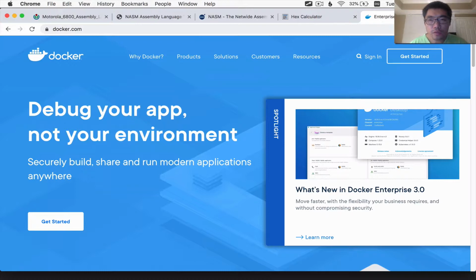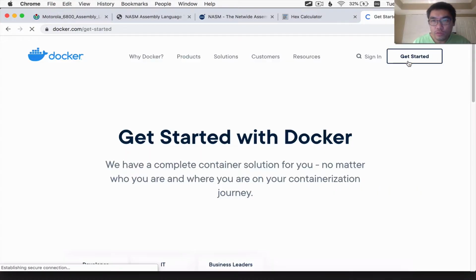Again, I'm using a Mac OS, OS X in particular. So in order to get Linux on my computer, I have different options. I chose Docker because it seems to be a pretty cool new technology, making a lot of waves, and it's also extremely fast, which really impressed me. So Docker is what I chose to use to get a virtual Linux computer running inside of my Mac.